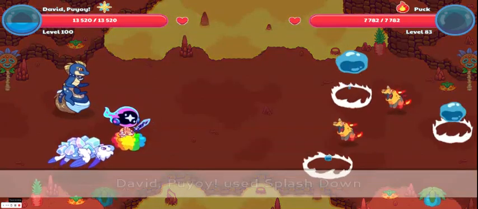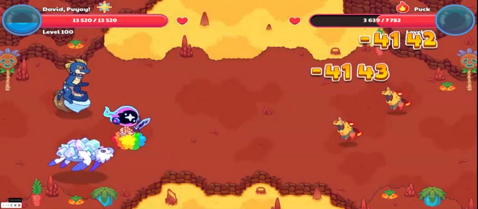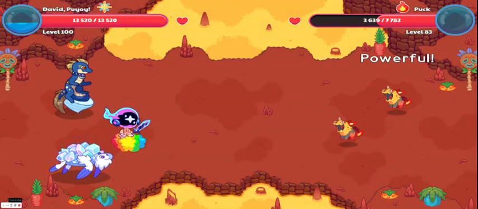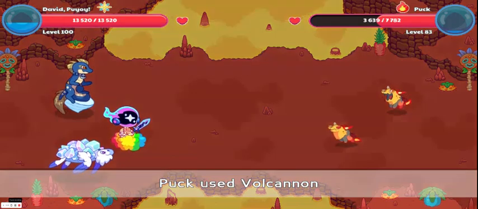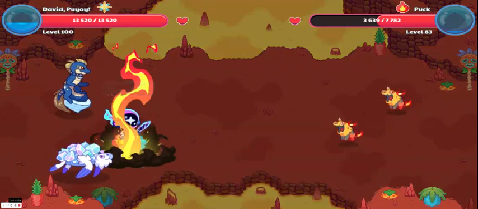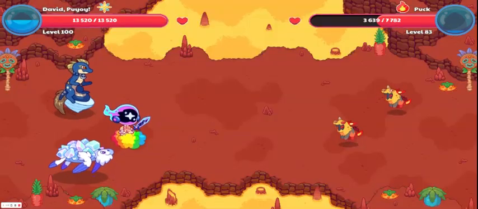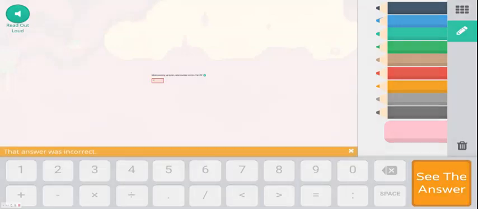Okay, so we got the answer correct. Let's see how much this does. 41, 43, and I did not see how much the other one did. I think it's 41, 32. So it's pretty powerful. And yeah, that's really all I gotta say about it. And I think I just used an Astral Element one, which is not